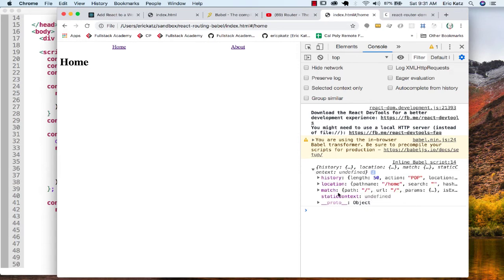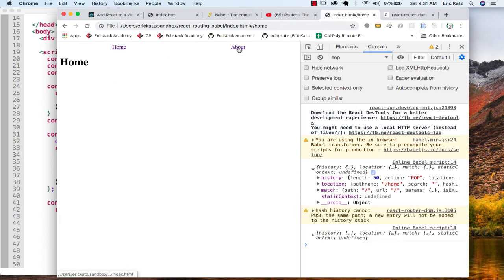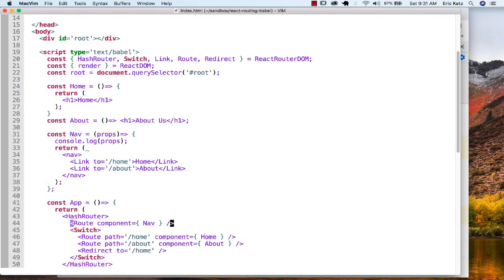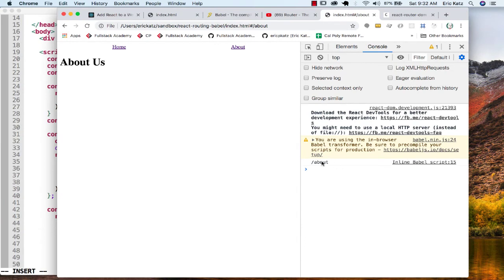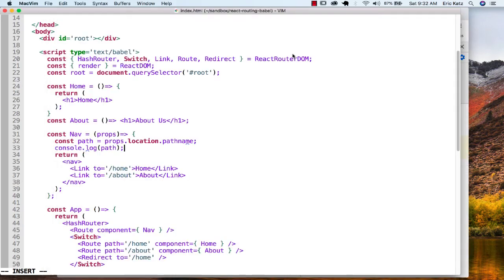And what this allows me to do is that I can go in here, and I'm going to say path equals props.location.pathname. And let's console log it. And we'll see that I'll have about when I'm on the about page. I'll have home when I'm on the home page. And even on a hard reload, it works the same way. So what I can end up doing here